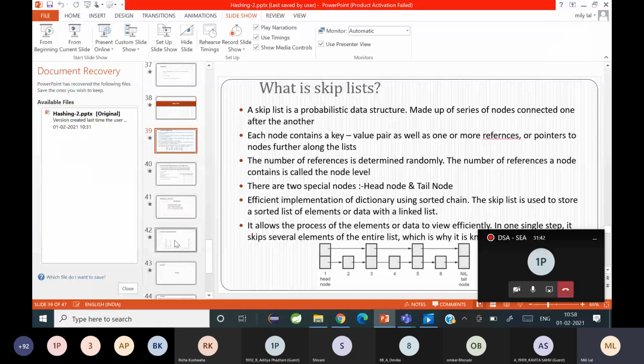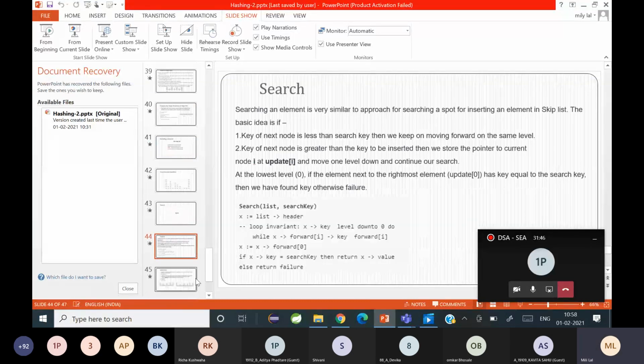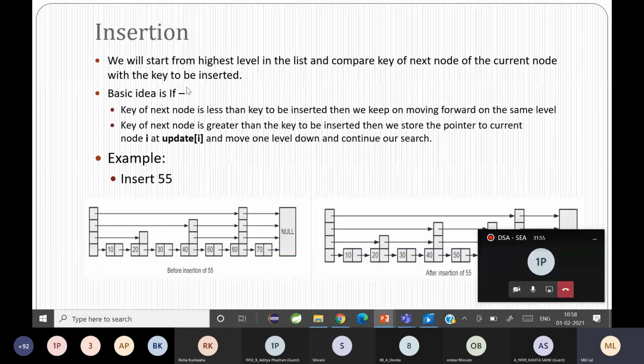So I'll go to the insertion here. I have written the algorithm here. This is what the algorithm says. If you can see the screen, we start from the highest level in the list and compare the key of the next node of the current node with the key to be inserted.